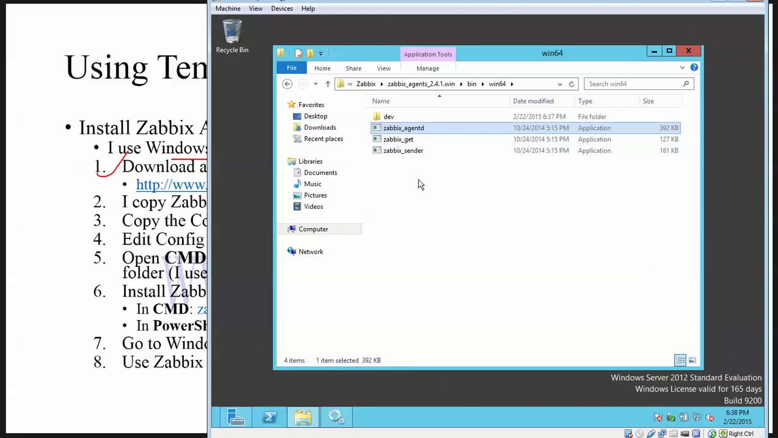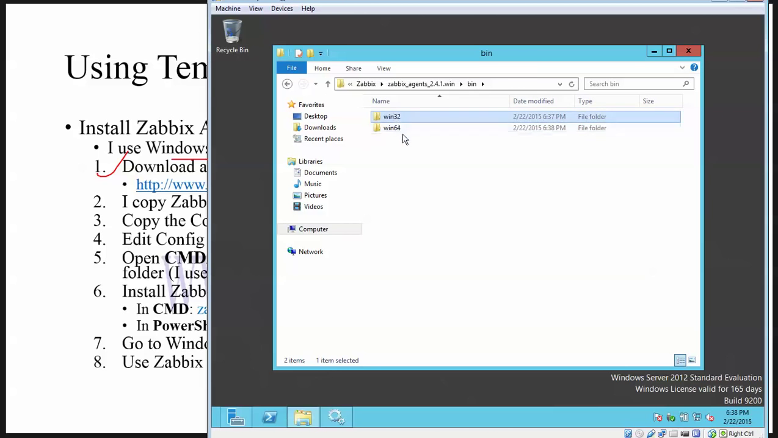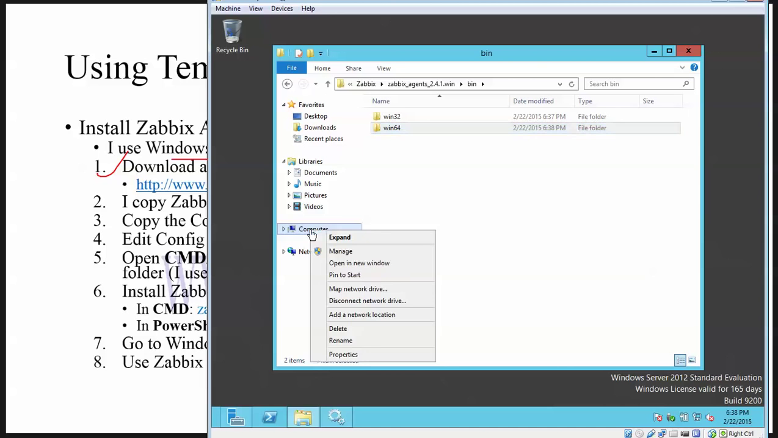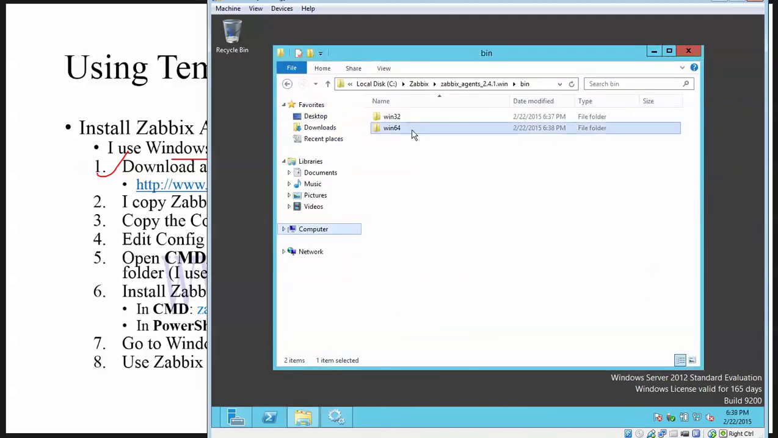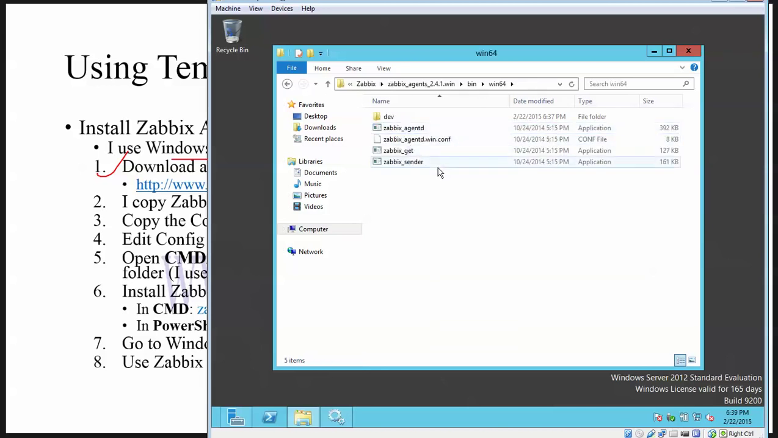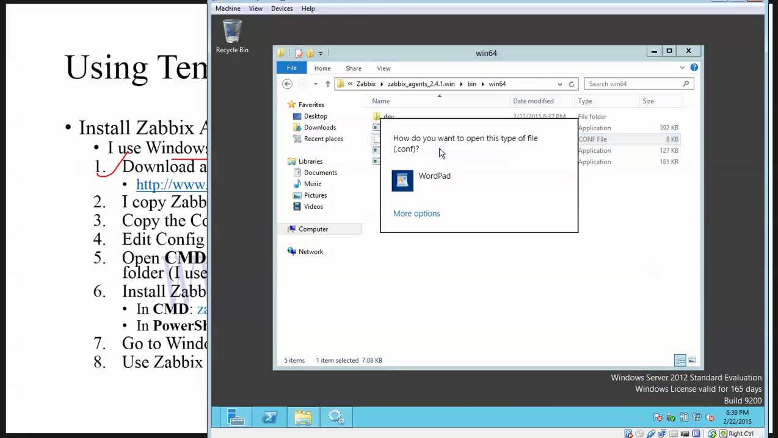my Zabbix agent. Here, please again note, we have two folders here, Windows 32 and Windows 64. What is the difference? I'm sure you know that, but if you want to know what is your Windows edition, for example, here is a 64-bit operating system, so I should use this edition of Zabbix agent. I've copied the Zabbix configuration file close to my Zabbix agent binary file, and now I want to